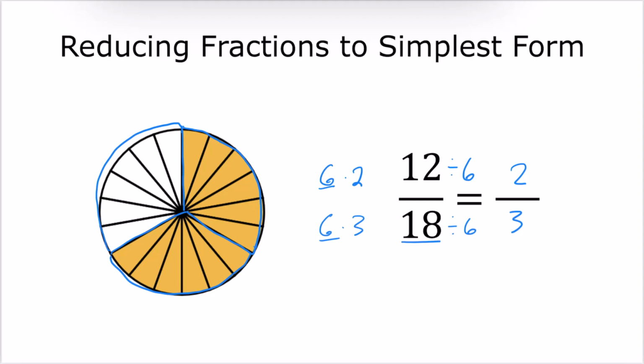And also, you don't necessarily have to divide by the greatest common factor when you're reducing. You can reduce in multiple steps. Like, for example, if I had taken 12/18 and I'd realized, oh, well, I can divide both of those numbers by the number 2. If I divide the top and the bottom by the number 2, this gives me 6/9. And that's basically because if I split them up into groups of 2, like this,